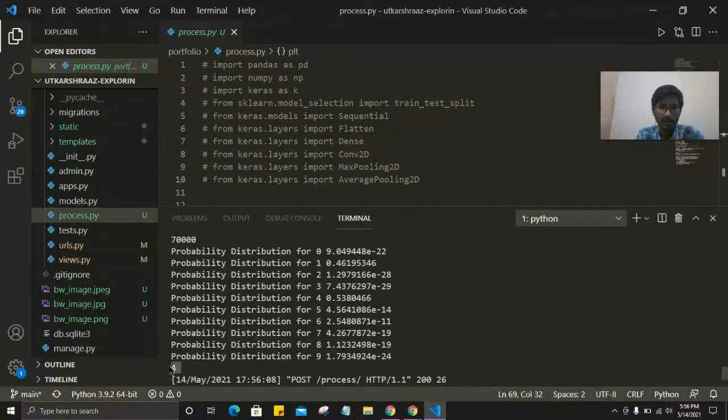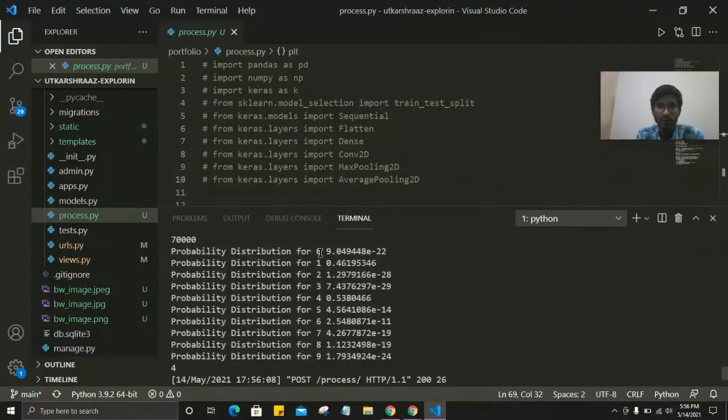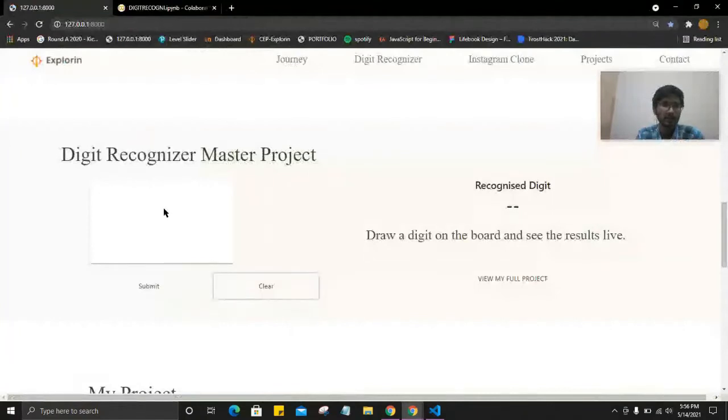Here it is predicting a 4, and this is the probability distribution of every digit: for the digit I drew, what is the probability of it being a 0, a 1, and so on. Here you can see the probability of it being 4 is 0.53, like 53% it is sure, and 46% it is showing this is 1. So sometimes the model may behave in some other manner.